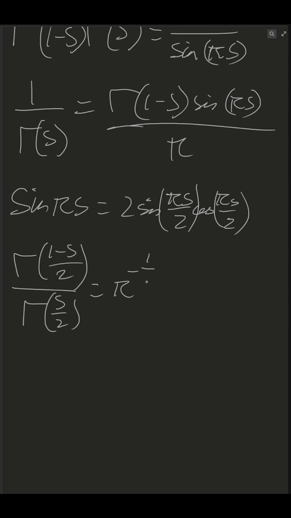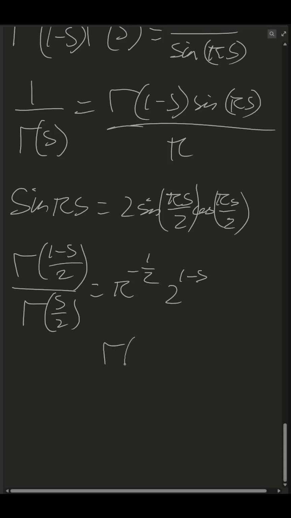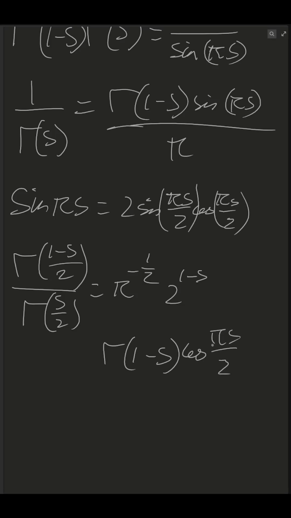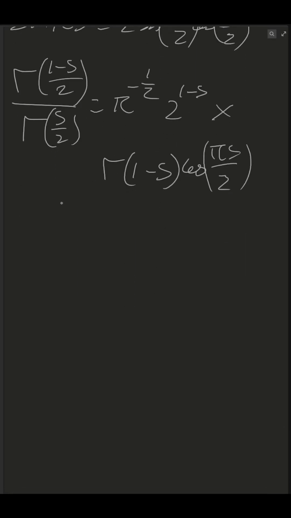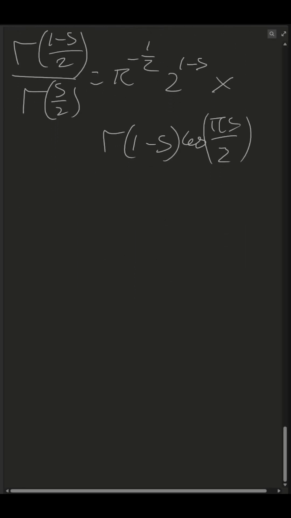I fear that should be 1 over s. No, pi to the minus a half, yeah. 2 to the 1 minus s. Oh, I'm not going to have enough space. Gamma of 1 minus s cos pi s over 2. Imagine that that's there. Anyway, now we have that,